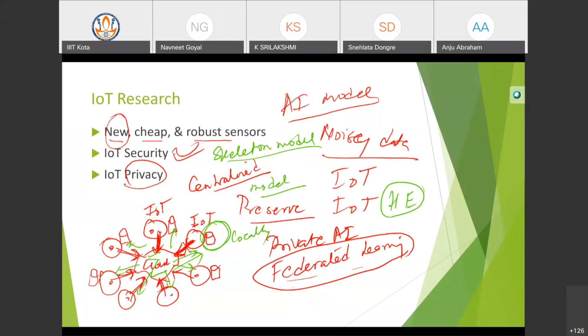There are two things that happen when you use federated learning models or private AI models: you never communicate your data. Your data resides where it is, right? And only the model keeps oscillating between the central server and the sites, and that too in encrypted form, right? So this is a new thing, and this has got lots of applications